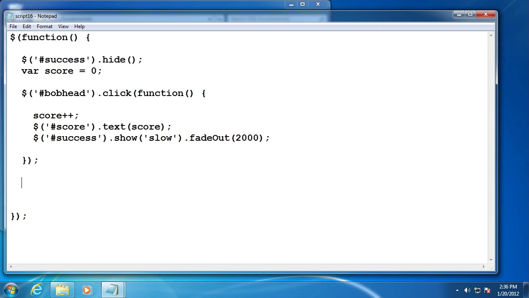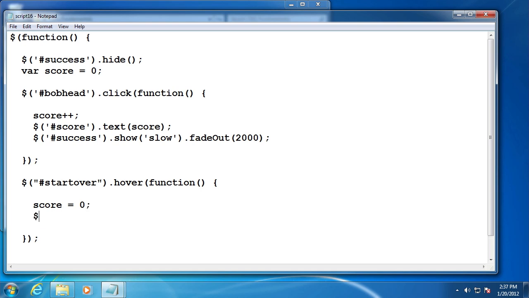So let's handle the hover event for the start over div. So start over div, or the item that has an ID of start over, and I'm going to handle the hover event. And again, these events take anonymous functions, and inside of that anonymous function is where I'm going to do all the magic. I'm going to set the score back to 0, and I'm going to change the score